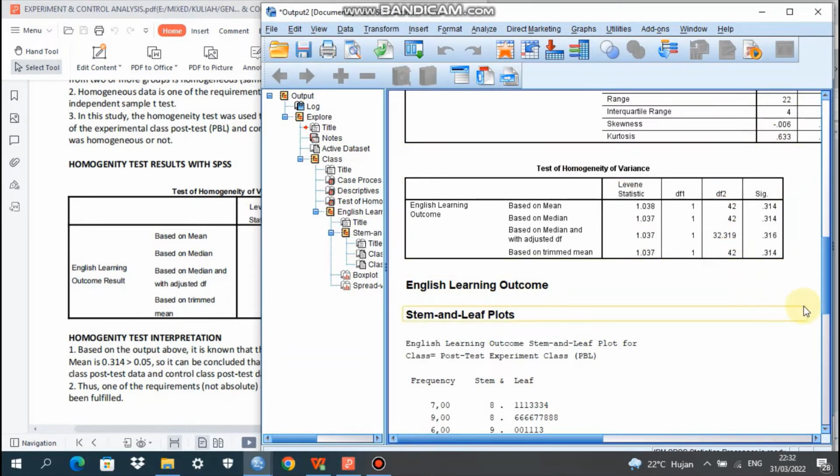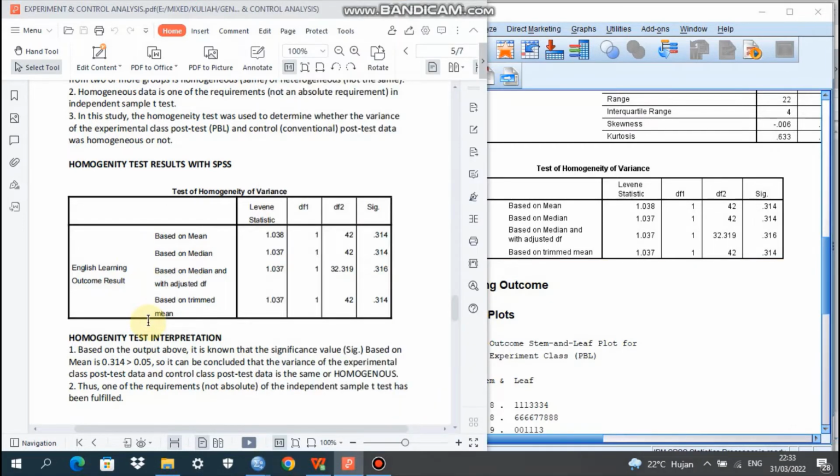The significance of the homogeneity test here is 0.314. So it can be interpreted that the data distribution is homogeneous. Because of that, we can go to independent sample t-test.